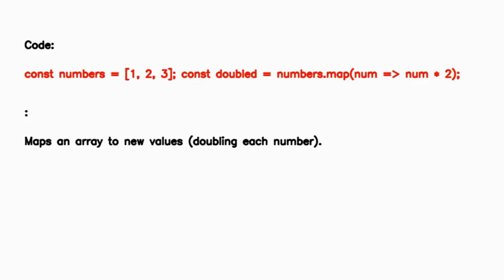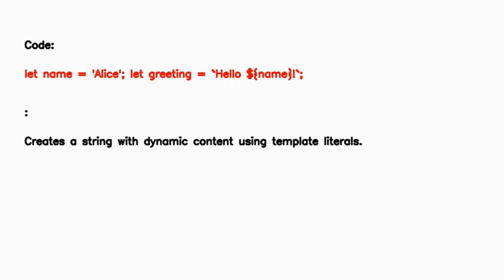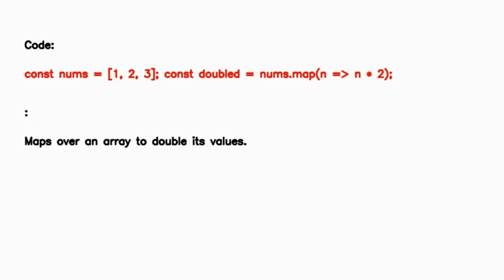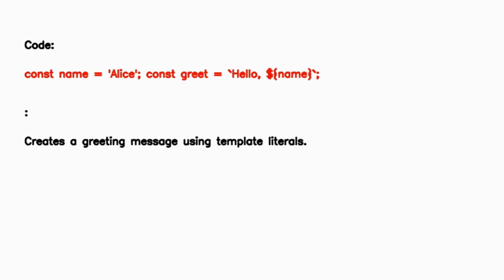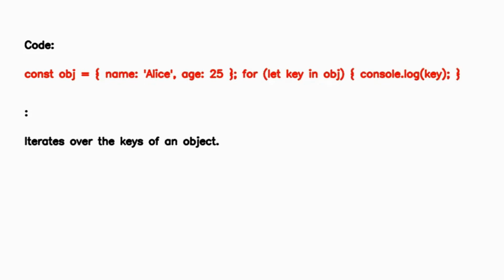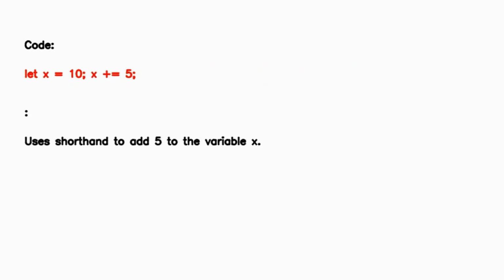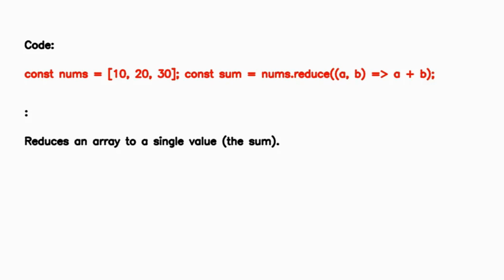maps an array to new values, doubling each number, creates a string with dynamic content using template literals, maps over an array to double its values, creates a greeting message using template literals, iterates over the keys of an object, uses shorthand to add 5 to the variable x, reduces an array to a single value, the sum, removes the